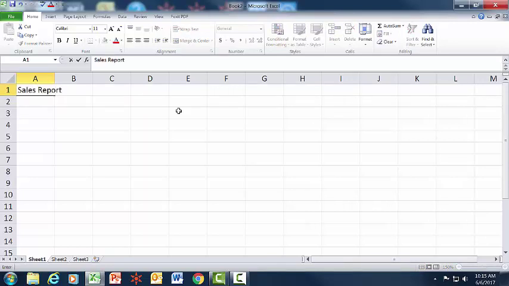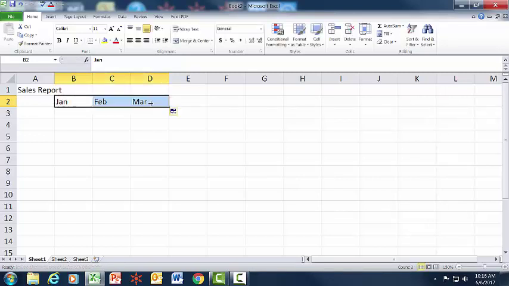Let's use the autofill technique that we learned in Excel 1 to create the autofill sequence of January, February, and March. Remember to do that, move to the autofill handle. You'll know you're in the correct place when your cursor displays as a black plus sign, and drag that over C and D, and you have now used autofill to copy the sequence of months. We'll type total in this cell,